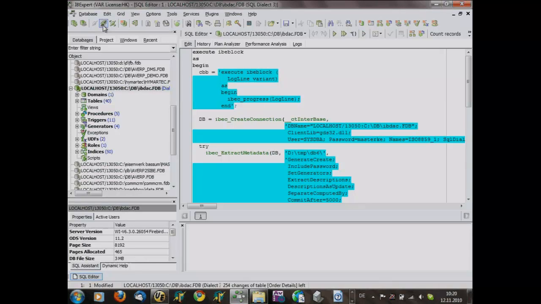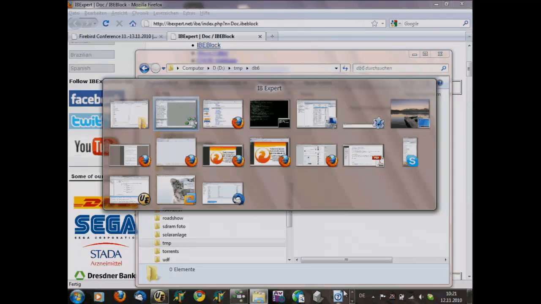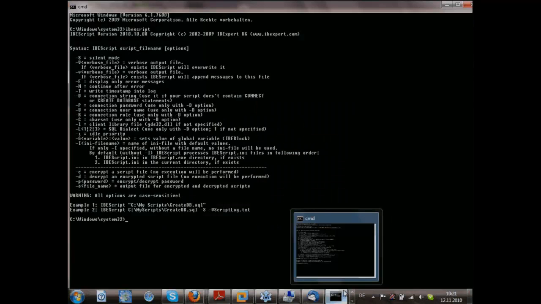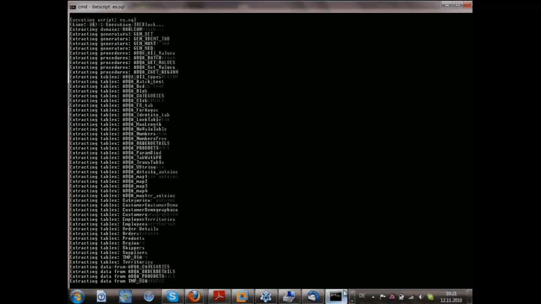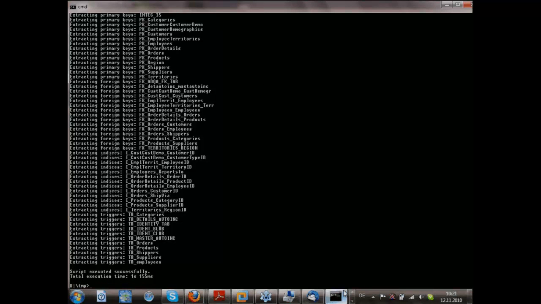But what I can also do is really simple. I can go to the command line version and I go to the tmp, IBEscript, ex.sql. It does the same thing from command line. So if you're using this, for example, as an alternative backup version, because you have all data to recreate a database inside this script file, it is a way, for example, to have access to the database a little bit more flexibly.